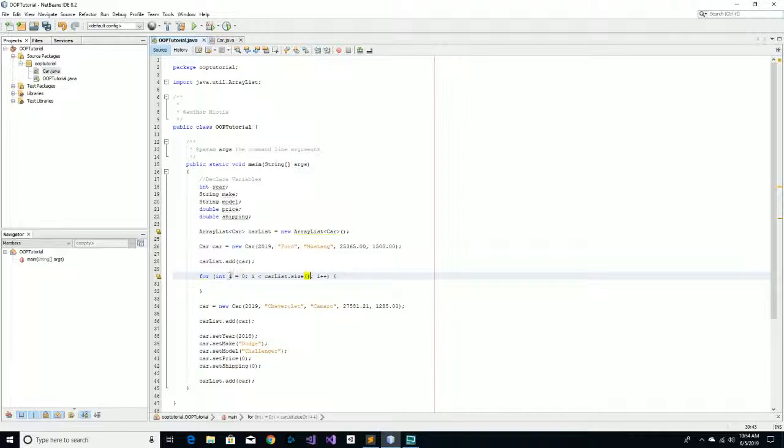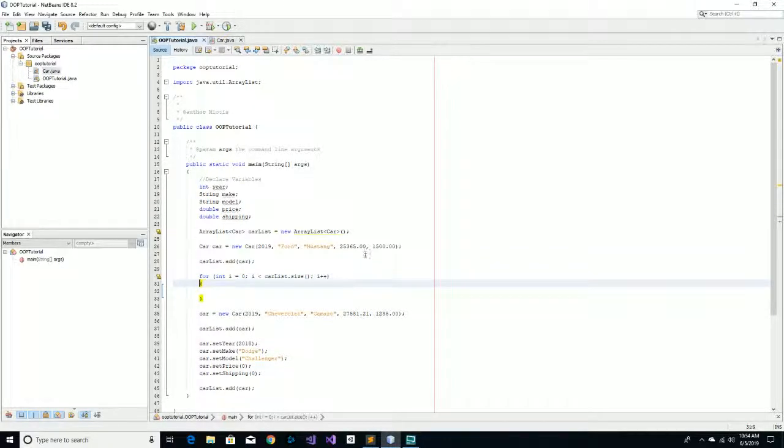It's an integer called I. Okay, and we start it at 0. So long as I, the value of I, is less than car list.size. Okay, then we're going to run some code between these curly braces. Okay. And then once that code is run, we're going to add 1 to